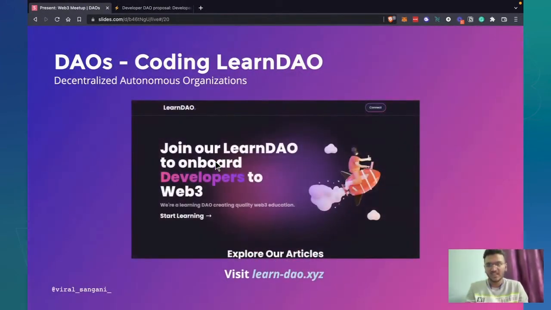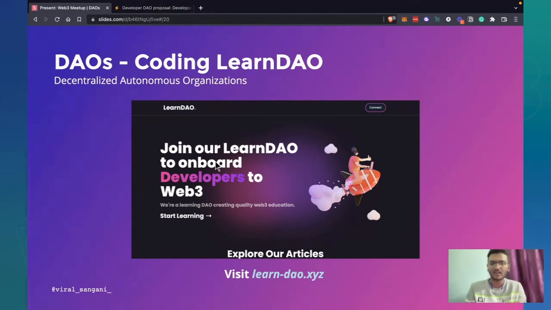Next, we'll see an example of LearnDAO, a coding example. LearnDAO is something that I've created for the ETH Global Hackathon. LearnDAO is a DAO where people can write articles and create tutorials for the Web3 ecosystem, and they get tokens as an incentive from the DAO treasury. So people will have to create a proposal to write a tutorial, let's say, and the other DAO members will vote on whether they should be allowed to write this tutorial or not. And once the proposal is accepted, they will have a window period where they'll write a tutorial. And once the tutorial is published on the LearnDAO website, the amount of incentives will be directly given